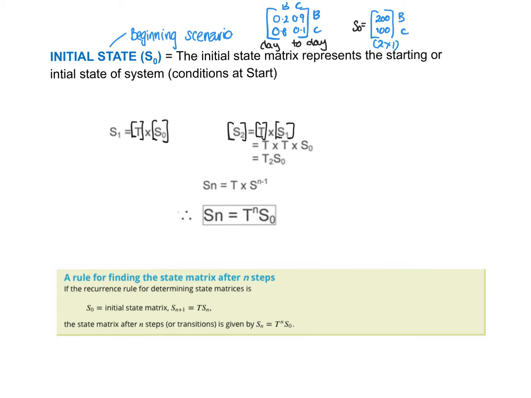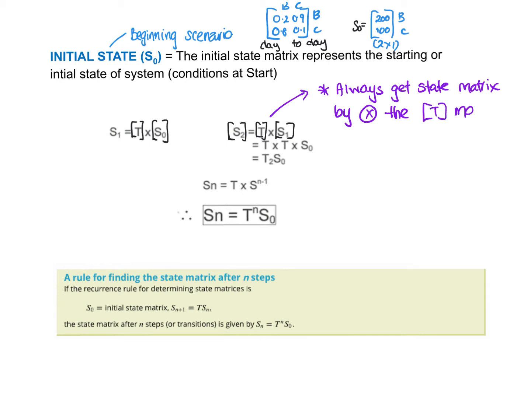So you might write a little note: you can always get the next state matrix by multiplying the transition matrix, and they always use a T for the transition matrix, with the state before, the one that happened before. So if I wanted to find S3, I could do the transition times